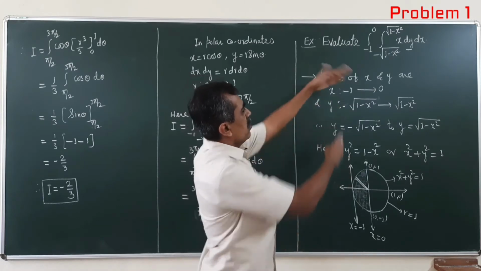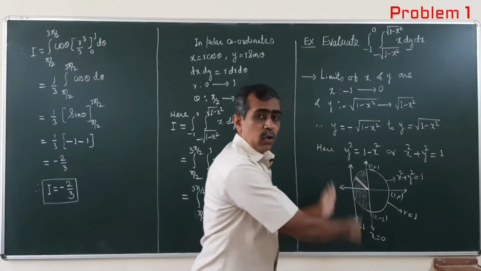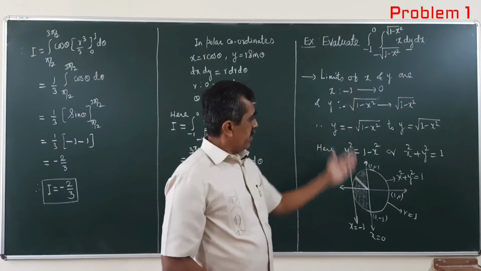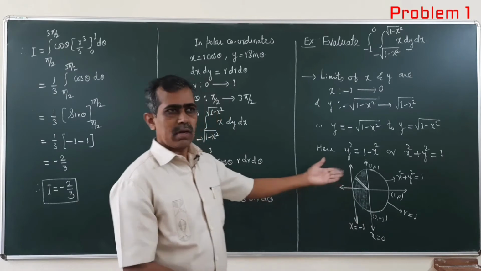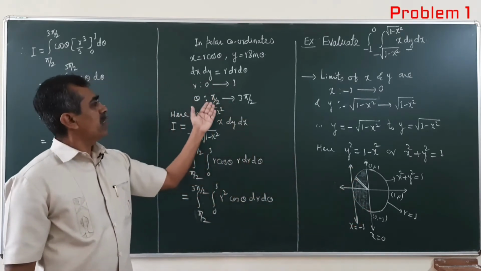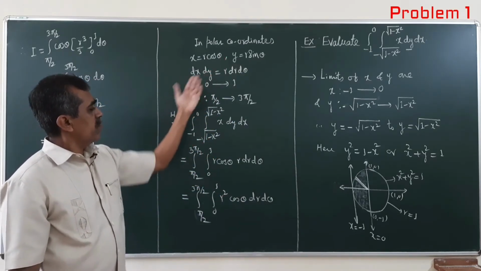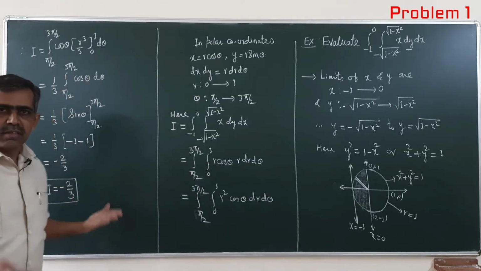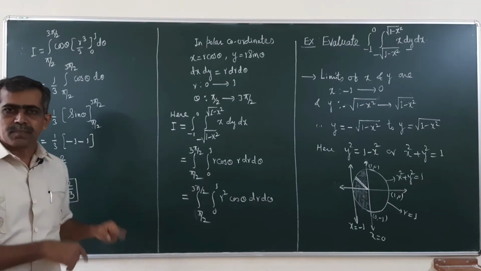Using the given limits, find the domain of integration first. Here, by the given data, the domain of integration is the left part of the circle, and in the left part of the circle theta runs from pi by 2 to 3 pi by 2. So that gives the limits of r and theta. Now use dx dy in the given integral, use the limits and do the simple calculations. This will give you very easily the answer of the given problem.